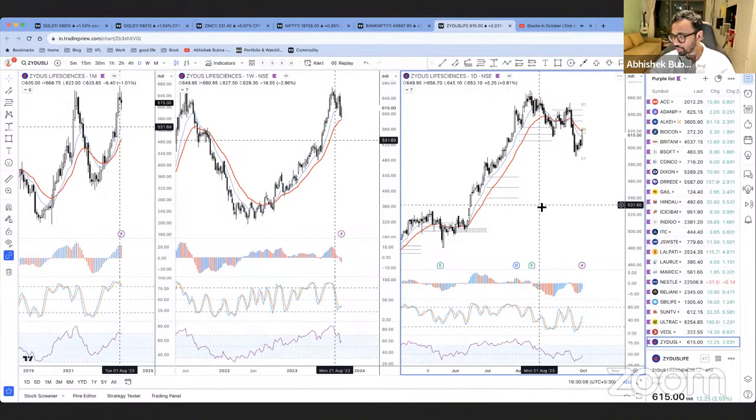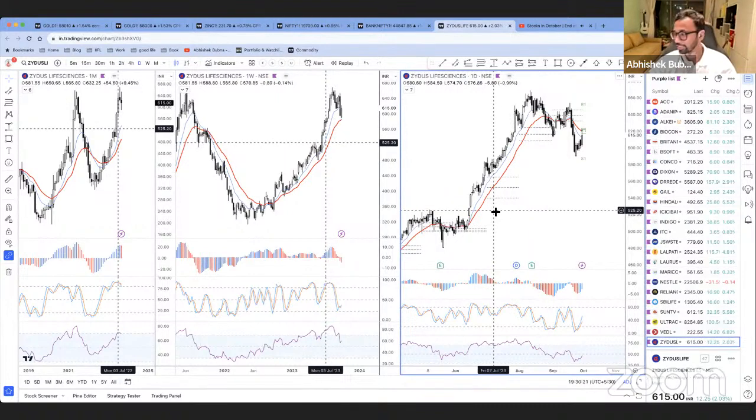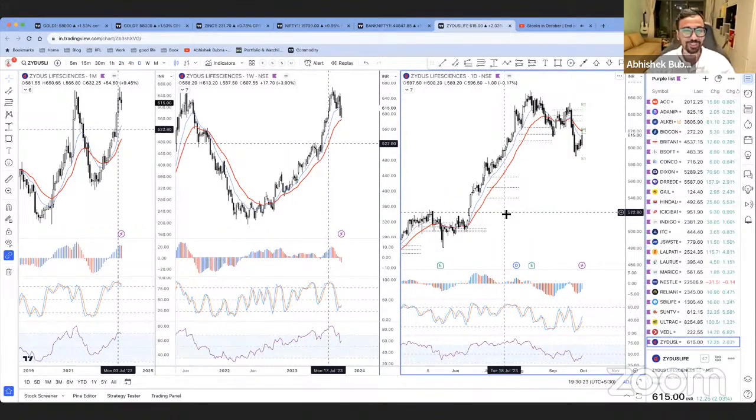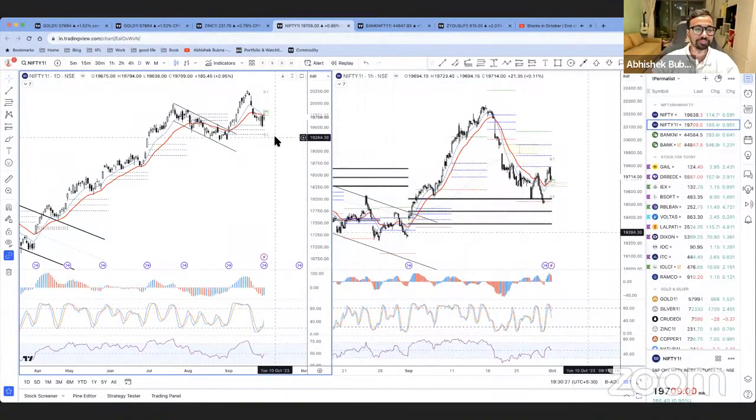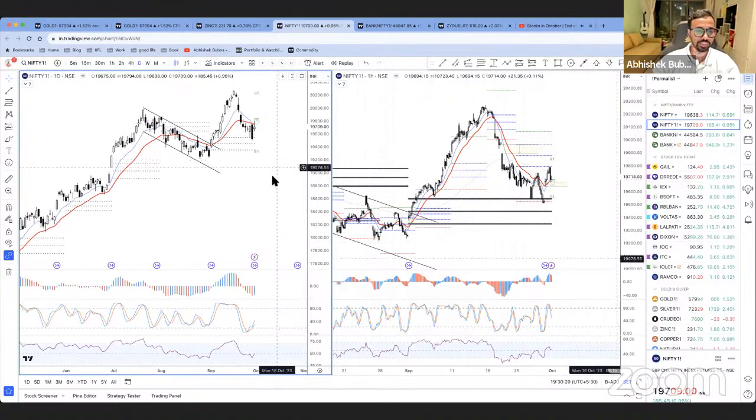All right, can we first finish the scan and then we can go to different stocks? I know I've seen there are a lot of stocks that I'm getting on the chat box. Just let me finish the scan first and let's do the stocks then. All right, so let's go to Nifty, Bank Nifty quickly before I move on to commodities.